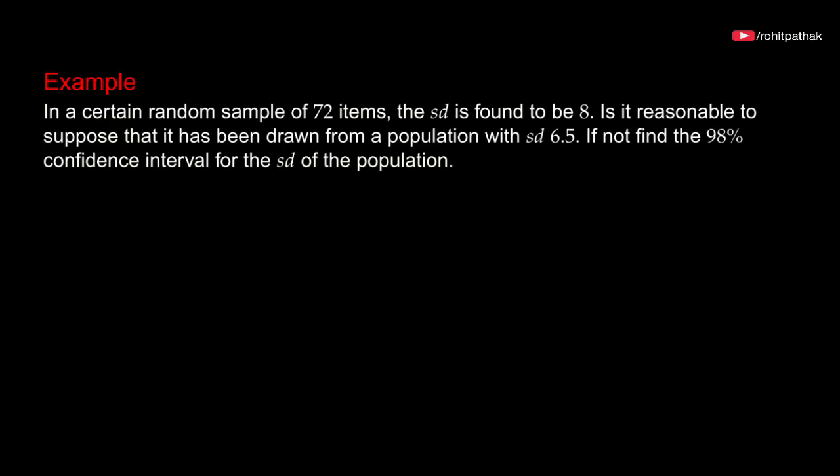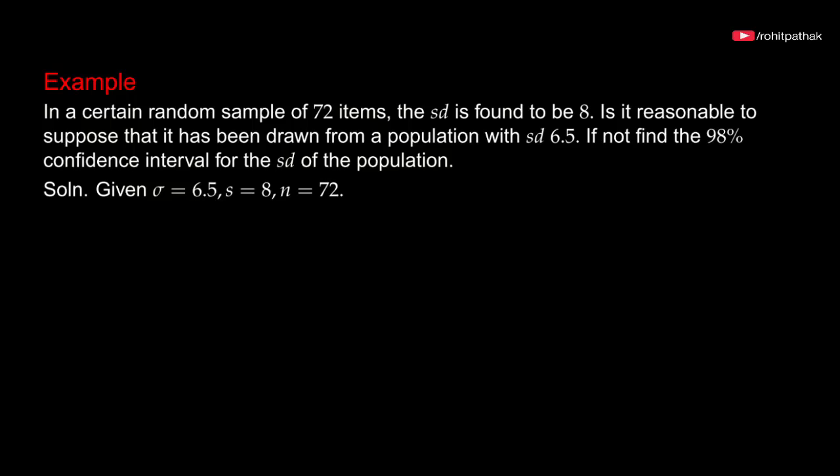So take an example. In a certain sample of 72 items, the standard deviation is found to be 8. Is it reasonable to suppose that it has been drawn from a population with standard deviation 6.5? If not, find the 98% confidence interval for the standard deviation of the population. So if we note down the data, here sigma is 6.5, the population standard deviation, sample standard deviation is 8, and